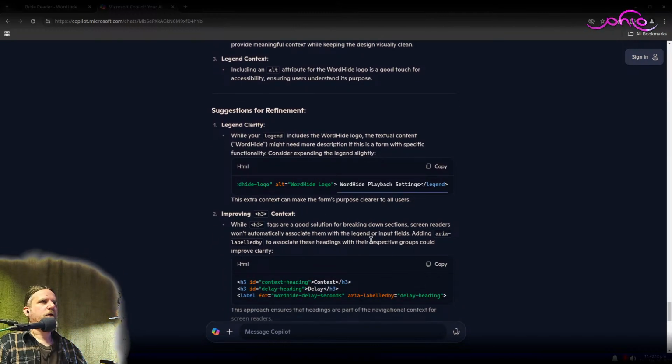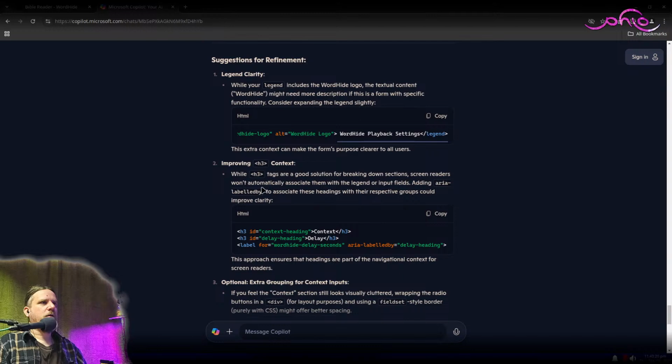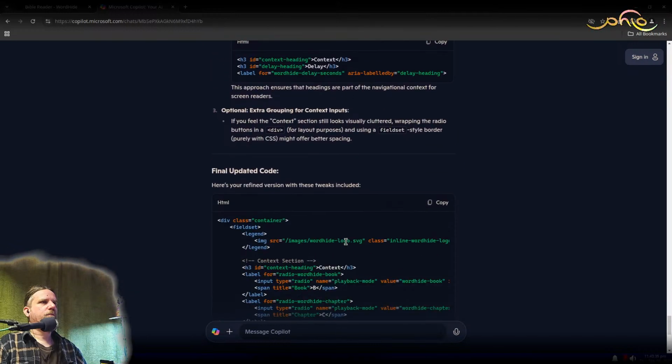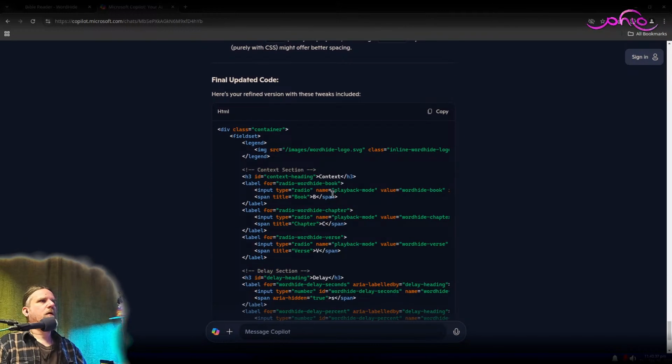While H3 tags are a good solution for breaking down sections, screen readers won't automatically associate them with the legend or input fields. Adding area labeled by to associate those headings with their respective groups could improve clarity. Okay.